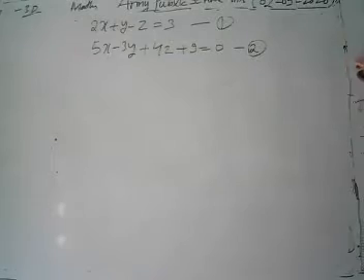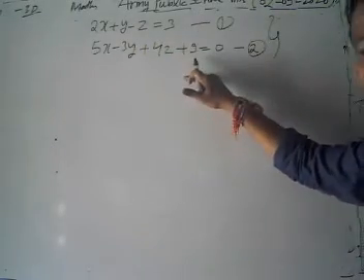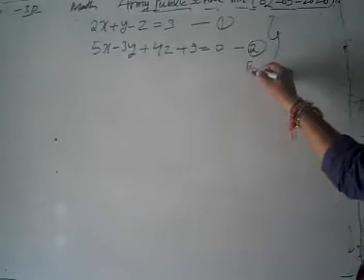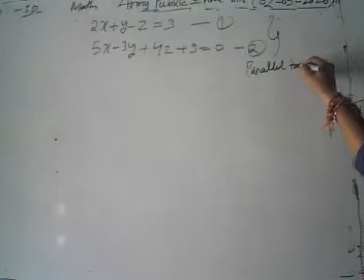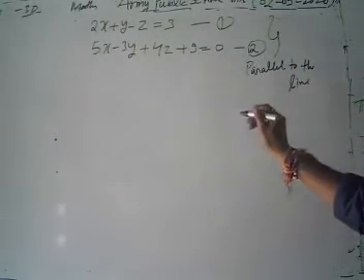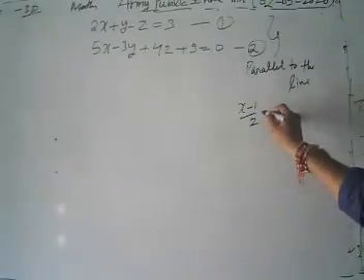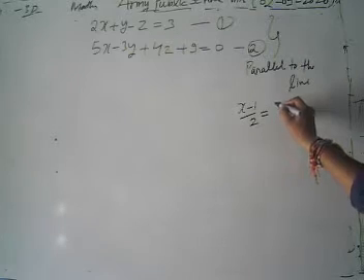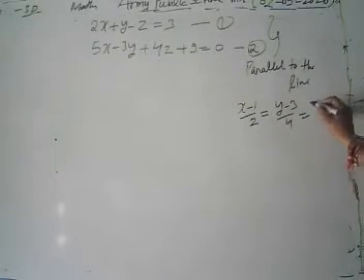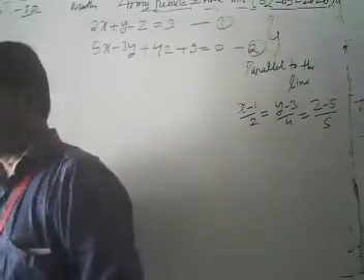Now look, what do we have to do? We have to find the equation of the plane passing through the line of intersection of these two planes, and it's parallel to a line. It's also given that it's parallel to the line. What is your equation of line? The equation of line is given there: x minus 1 by 2 is equal to y minus 3 by 4 is equal to z minus 5 by 5. Now look, in the given problem, what do we have to do?